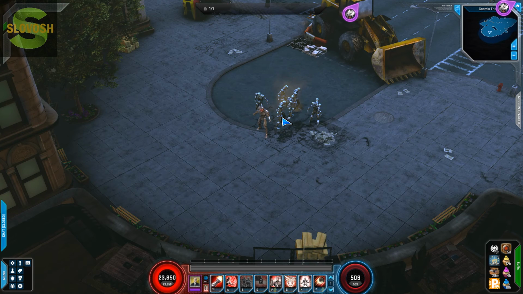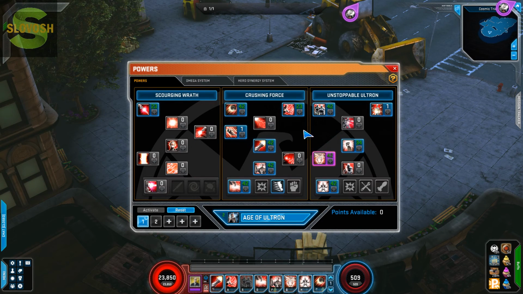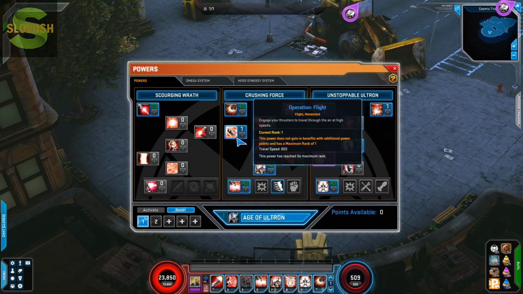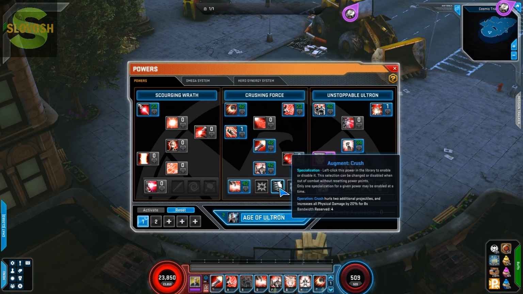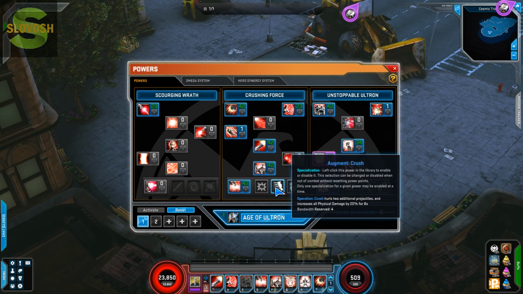So that is rounding out the kit. I got 20 points into Operation Crush, 1 point in Dash. Obviously you get that for free. You get your flight for free. 20 points into Melee Strike, 20 points Operation Slam, 20 points into Operation Smash with the augment on Crush, just because of being able to hurl stuff. Just does tons of damage,